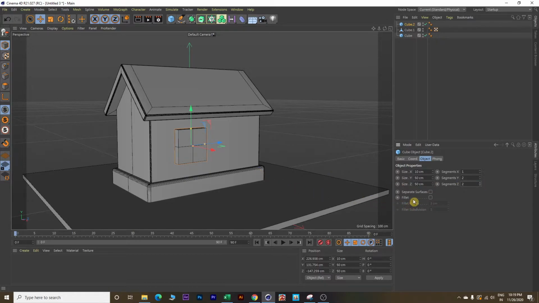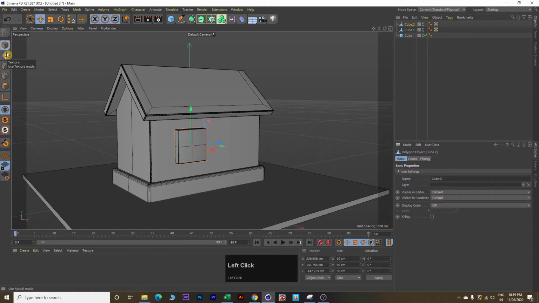Next, to make the edges look smooth, we will click on fillet and set fillet radius as 1 and fillet subdivision as 3. Next we will make this window editable by clicking on this editable button here.